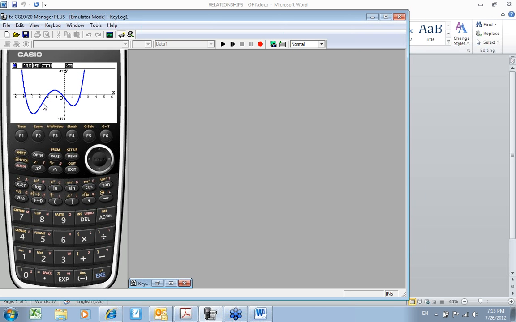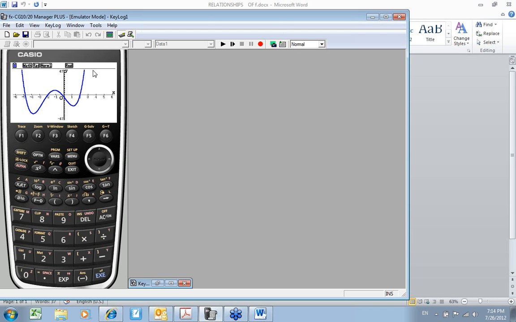Some kids might remember learning about point of inflection. They might remember learning about concavity. So we are concave up till about right here, concave down till about right there, and then concave up again.